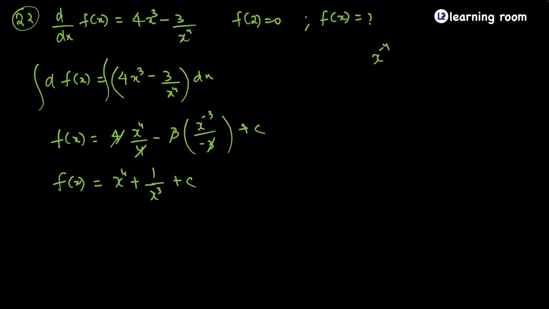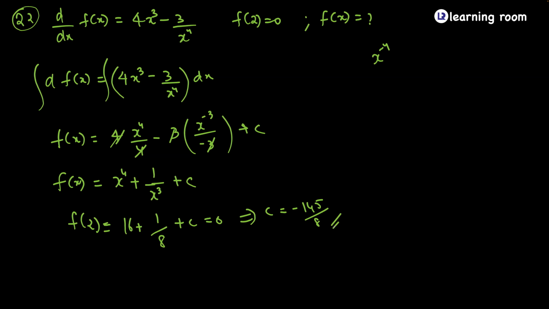But what did they give? F of 2 is 0. So put 2 here. F of 2 will be equal to 2 power 4 is 16 plus 1 by 2 cube is 1 by 8 plus c. This should be equal to how much? 0. So 16 plus 1 by 8 is going to be equal to. So 16 into 8 is how much? 160 minus 16, 144. So 144 plus 1 is 145, which implies c is equal to minus 145 divided by 8. Take this and substitute it here. So answer should be x power 4 plus 1 by x cube plus, oh, there is no